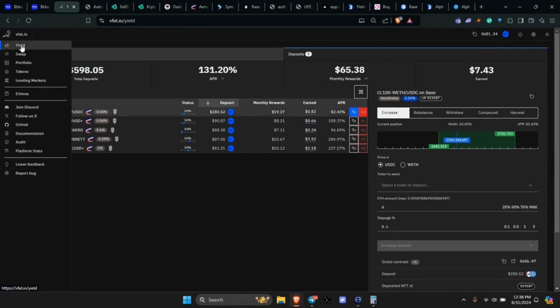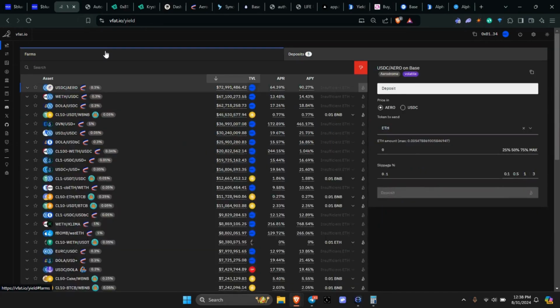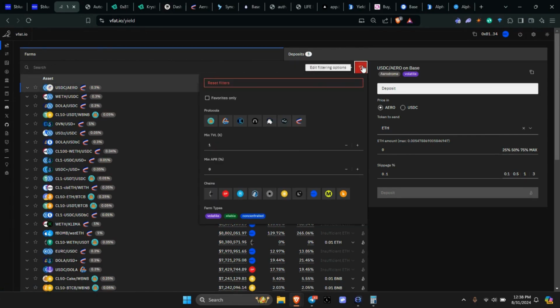You have your yields. If you click yield, here you can find all those different positions that are available out there. You can come in here into the filter and filter down your different options, or the different chains, as well as your TVL and your APRs.